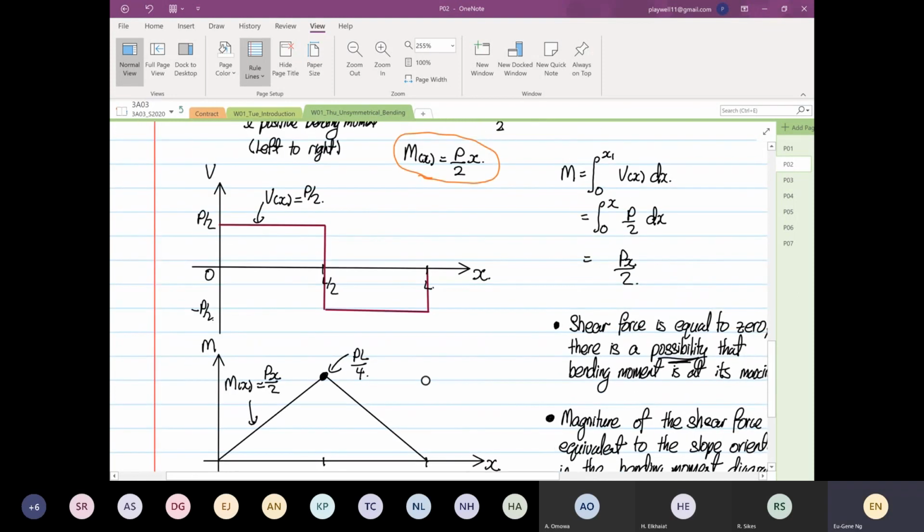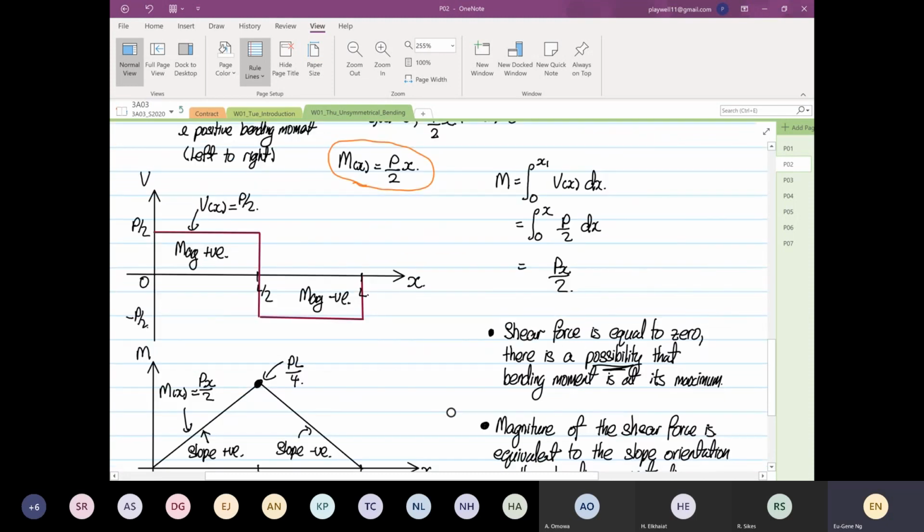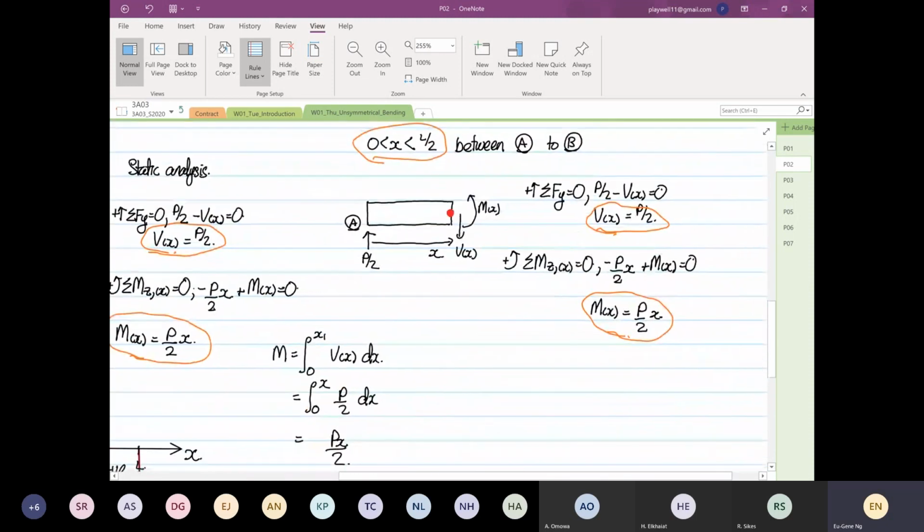So i.e. over here, the magnitude is positive, right? Over here, you can see that the slope is positive. Over here, your magnitude is negative, your slope is also what? Negative. Okay, so that's where when we form any of these equations, we know that this is positive, and over here this is the slope. The slope also has